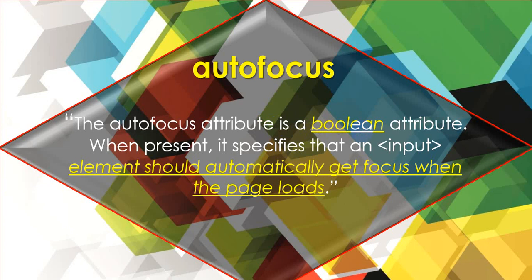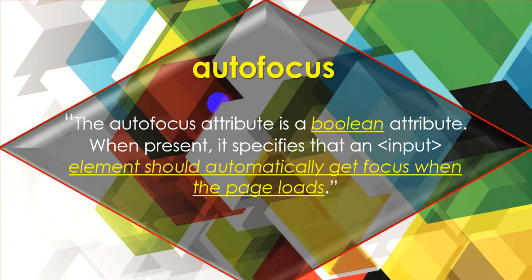It is a new word for a non-IT person, but if you are an IT person, you might know what boolean means. Boolean means it provides only two possible values, meaning we have two answers but only one at a time. For example, on or off, true or false, these are boolean values. So autofocus can be on or off, but by default it's on.